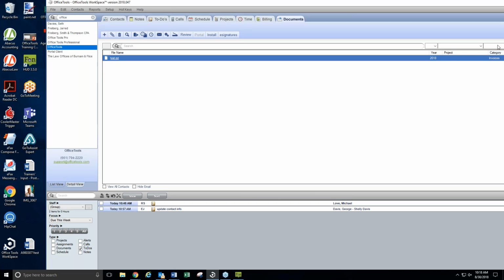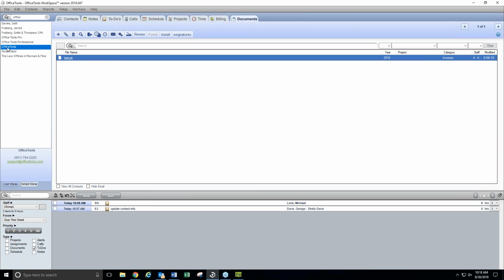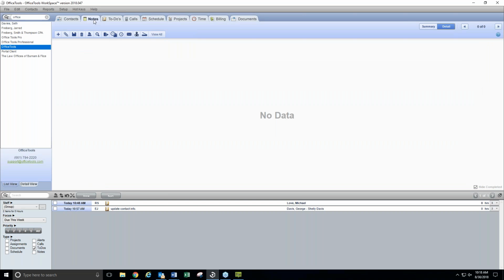Another option, and it's throughout the product of Office Tools, is the drag and drop feature, such as while the appropriate contact has been selected in Office Tools, I can come to my notes. If I was looking to note this particular contact,